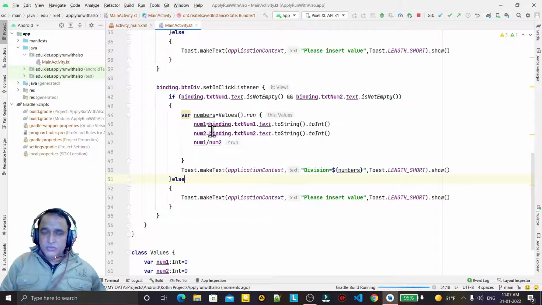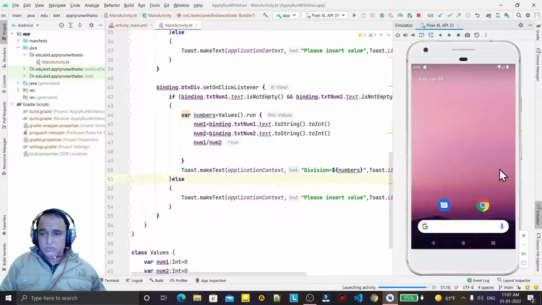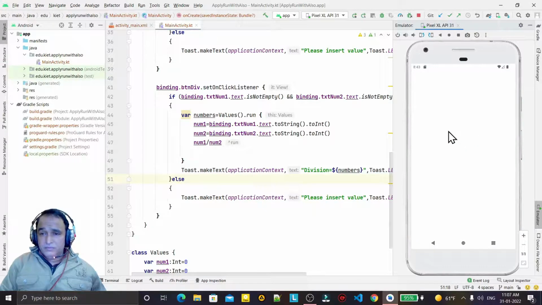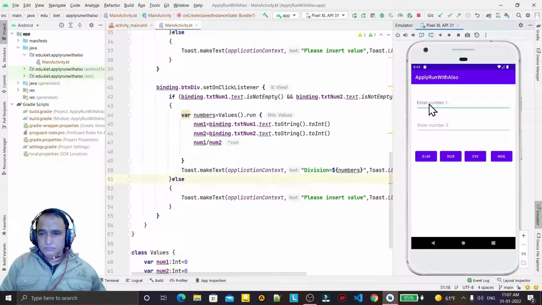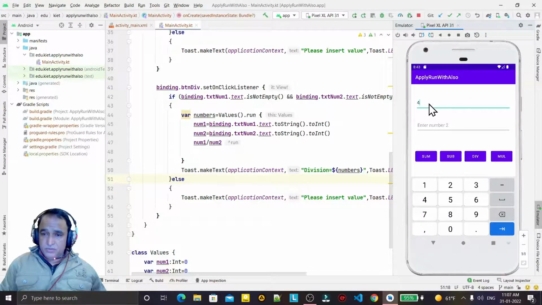So run executes your task and returns the last line result to the left side variable. So we will have the same result again. You see, I say 45 and I say 2, I click on sum, I click on subtraction and I click on division.